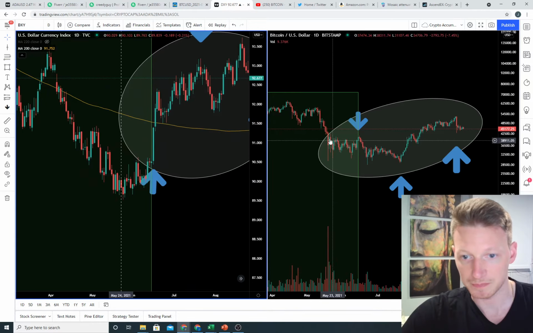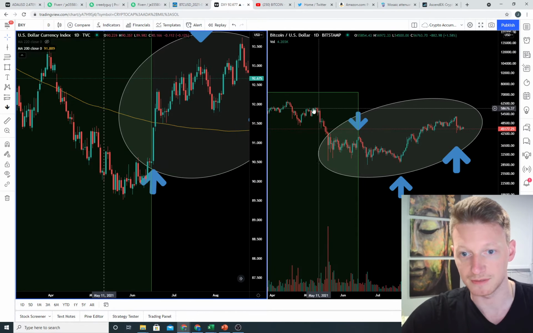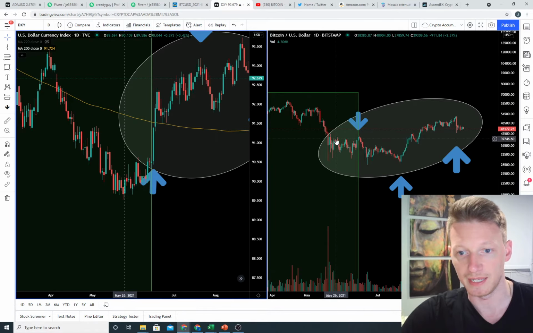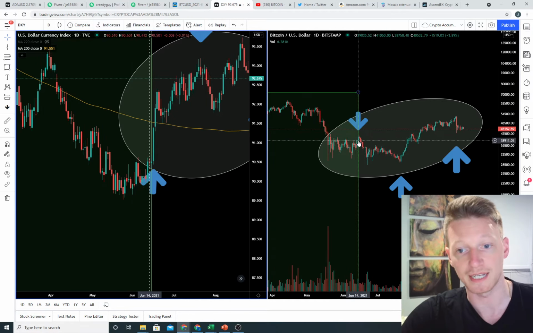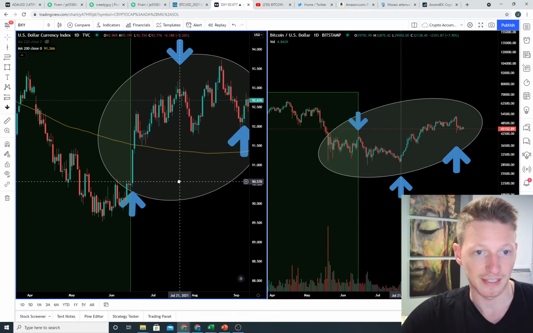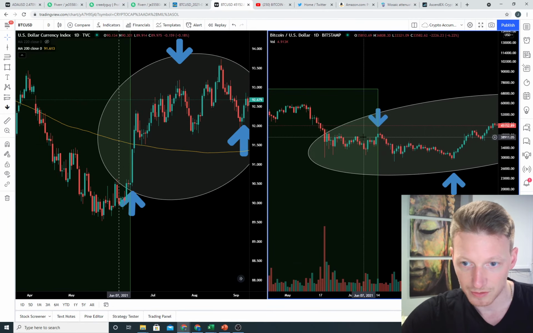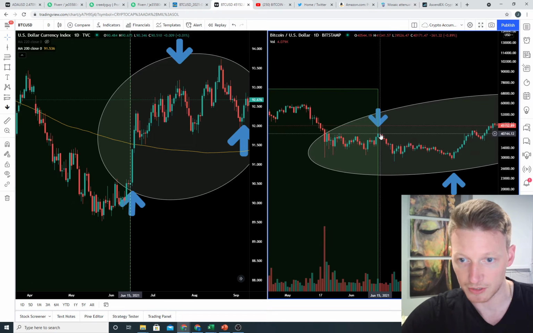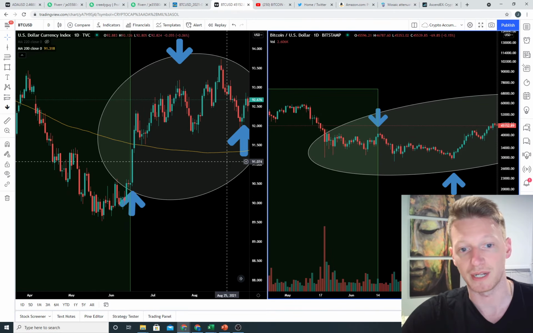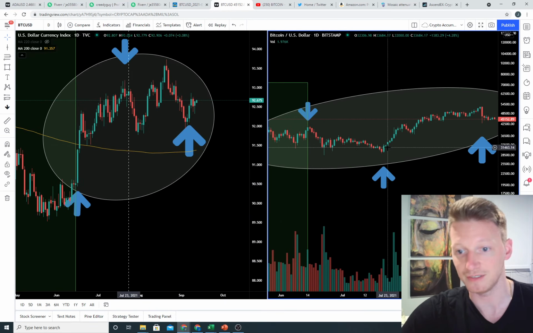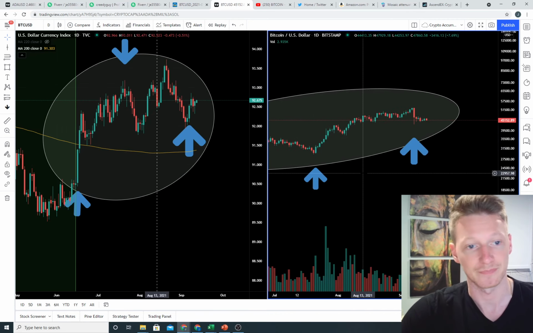You guys remember, here's where Elon announced that Tesla is no longer accepting Bitcoin. We came down. But then we were, for the most part, able to bounce back and forth up to this 41,000 range. The only problem was on this day right here. This is where we were holding, getting up to 41,000. We lost the momentum because DXY gained the momentum. And here, DXY started coming down. This is when we started going back up.